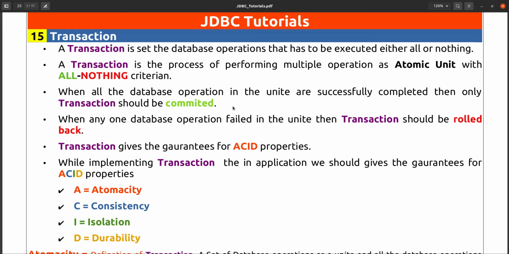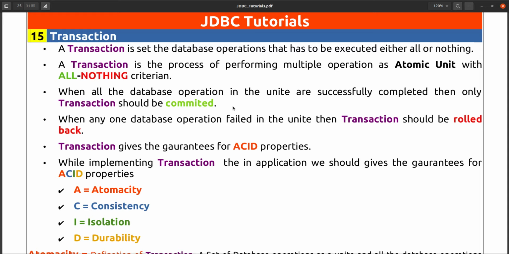If we have three database operations, three statements affecting database records, and we are executing those three statements as a transaction, then we must ensure that either all three statements are executed successfully, or none of them is executed.